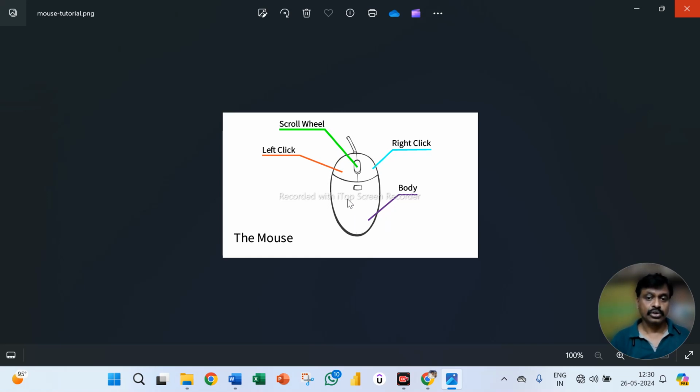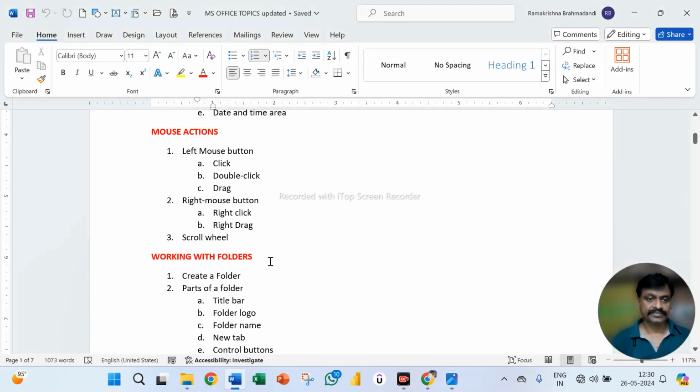So how many buttons will be there? Two buttons. One is the left mouse button and the second is the right mouse button, and one scroll wheel will be there. So what is the use of this scroll wheel and how to use left click and right click? Let us know in very detail. So here we will see